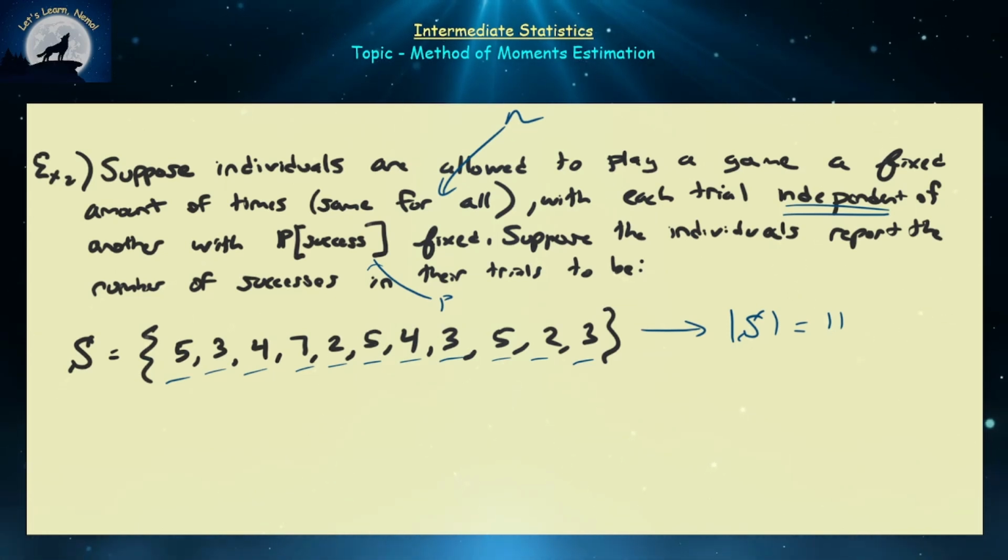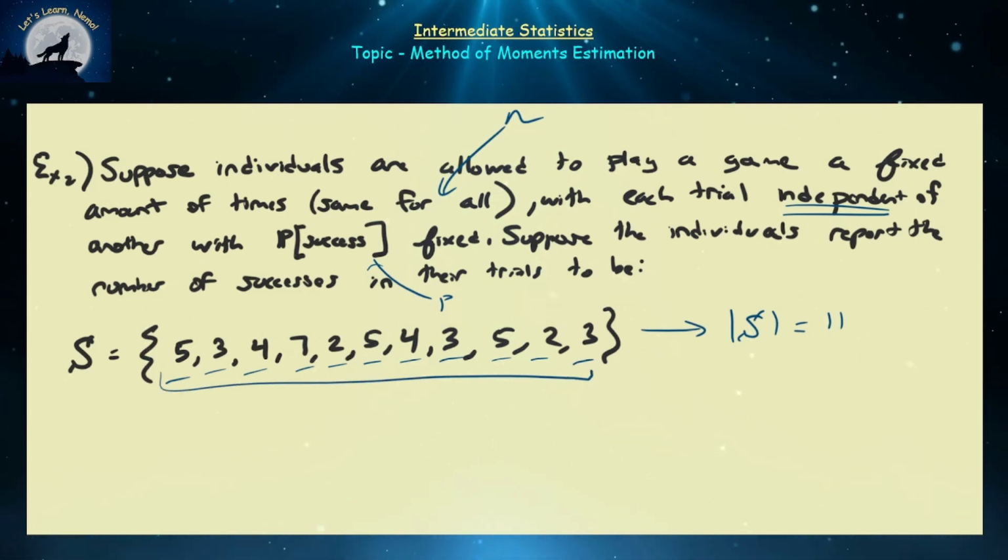Notice that all of these values in this particular sample are floating somewhere around 2 to 7. So it's not really that intuitive that n is going to be large. So the values in our sample are not large. So